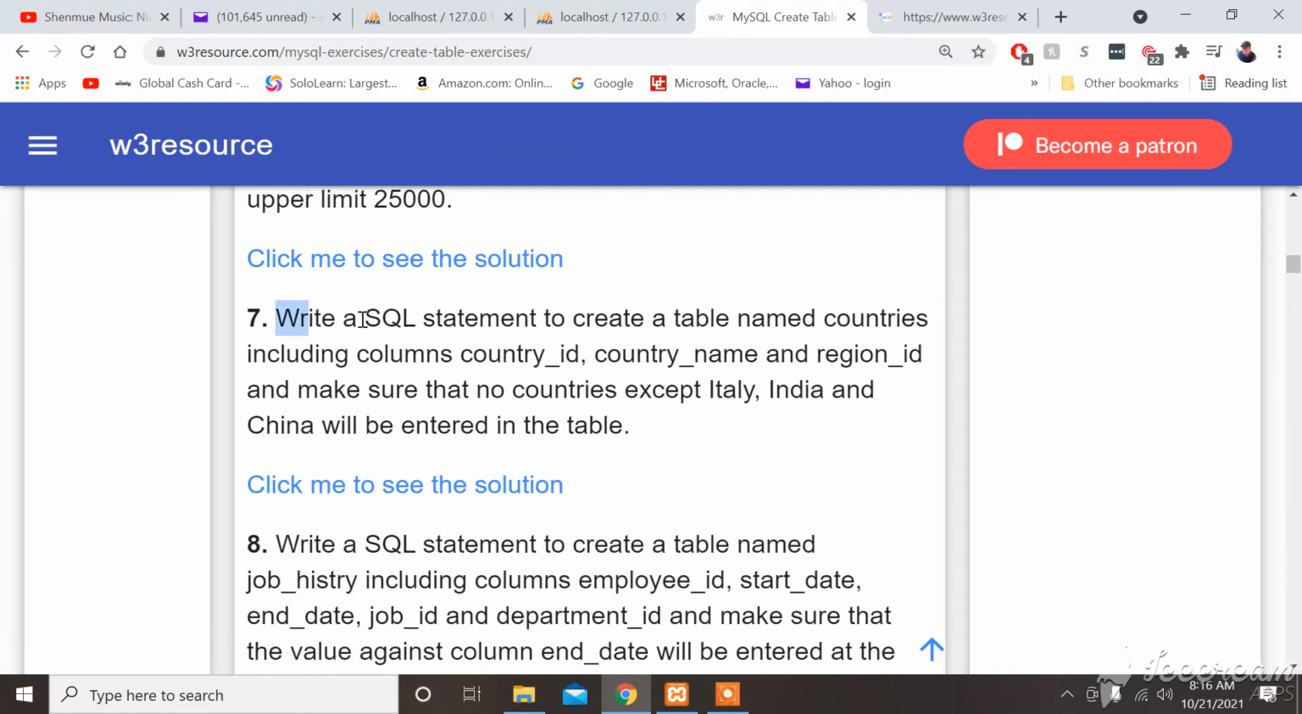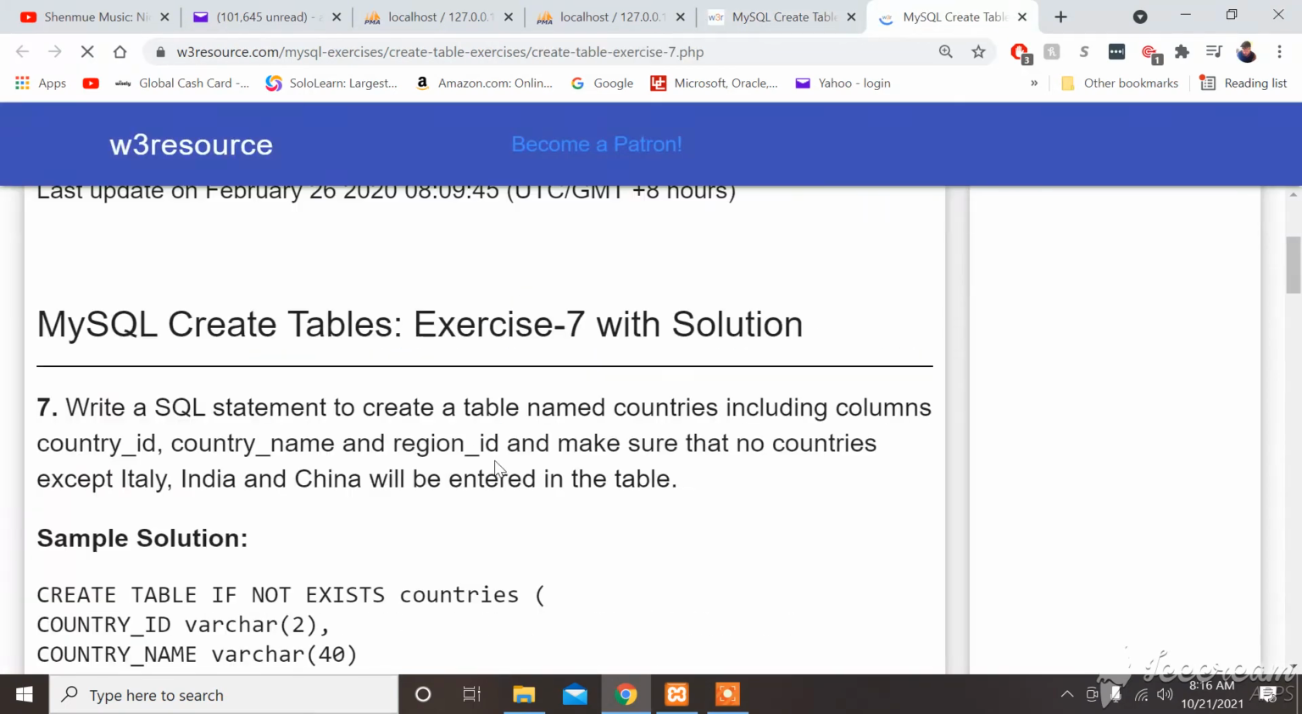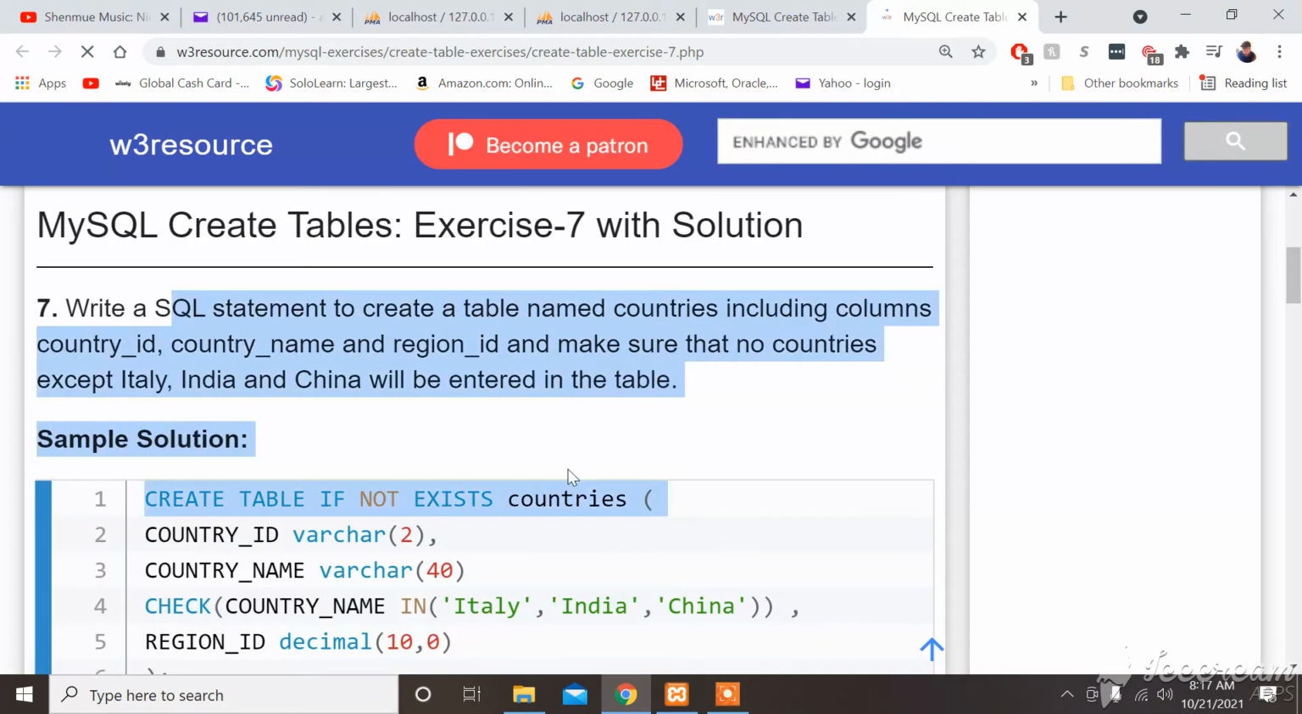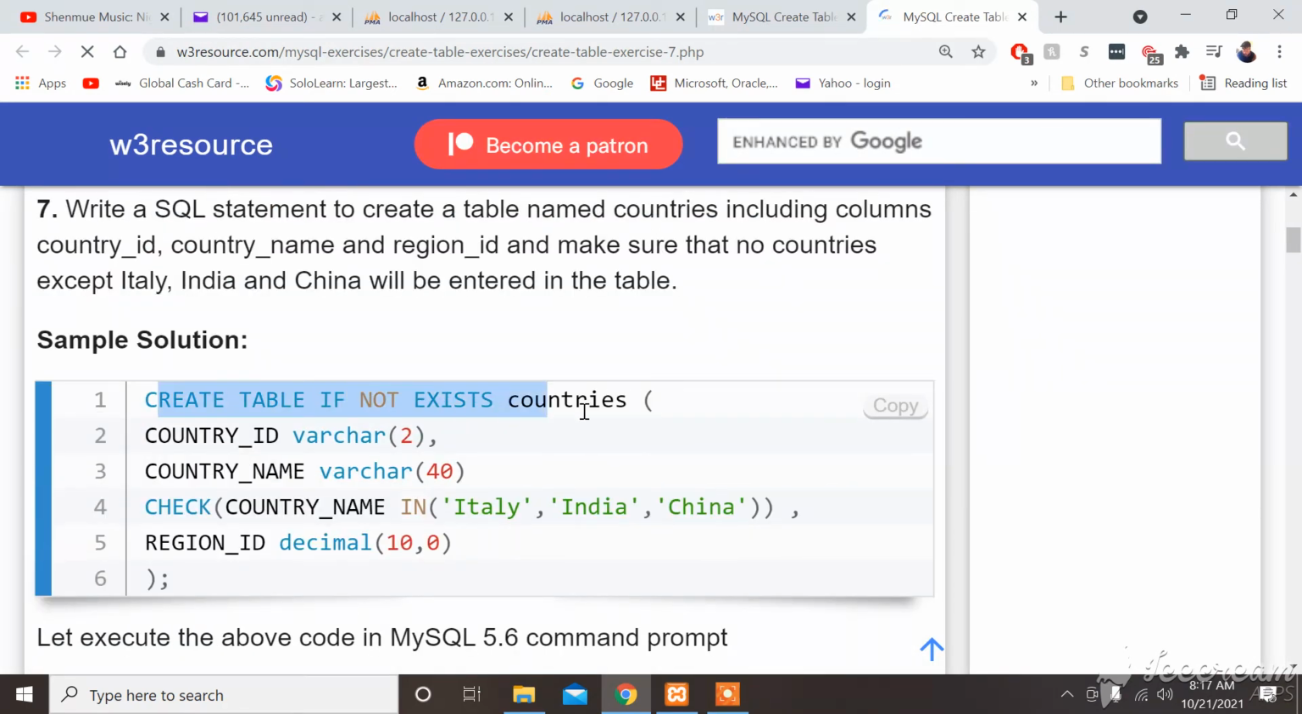Write a SQL statement to create a table named countries, including columns country_ID, country_name, region_ID, and make sure no countries except Italy, India, and China will be entered in that table. Okay. All right, same exact thing. Create table if not exists countries, parentheses, country_ID varchar2, comma, country_name varchar(40). Check (country_name in